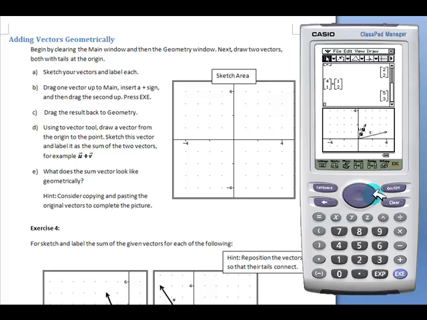They may need to scroll to see the point that was plotted. They will then draw a vector from the origin to the point, and our hope is that they will recognize this as a parallelogram. To help them see that, they can copy one vector and then paste,